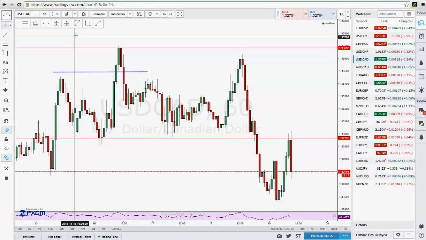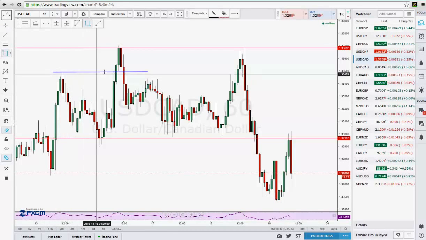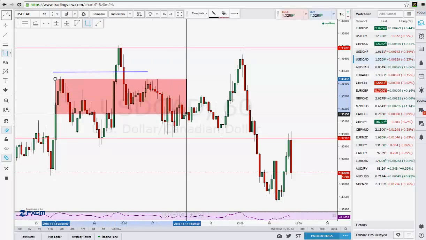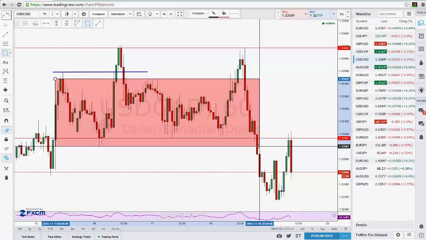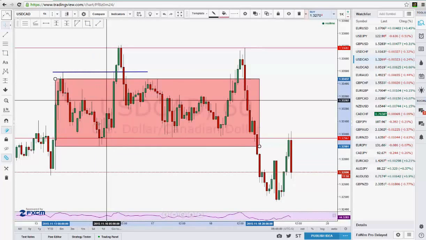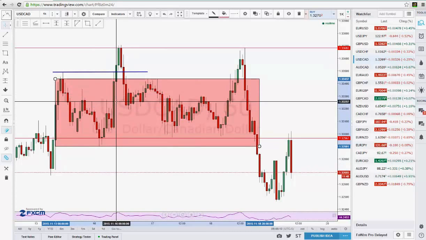So now what you can do is take a box from the body of these candles on the swing high that we broke through, and place that box from those swing highs down to the most previous swing lows, the support that we rallied out of. And now with this box drawn in, as you can see, if we enter the market at the